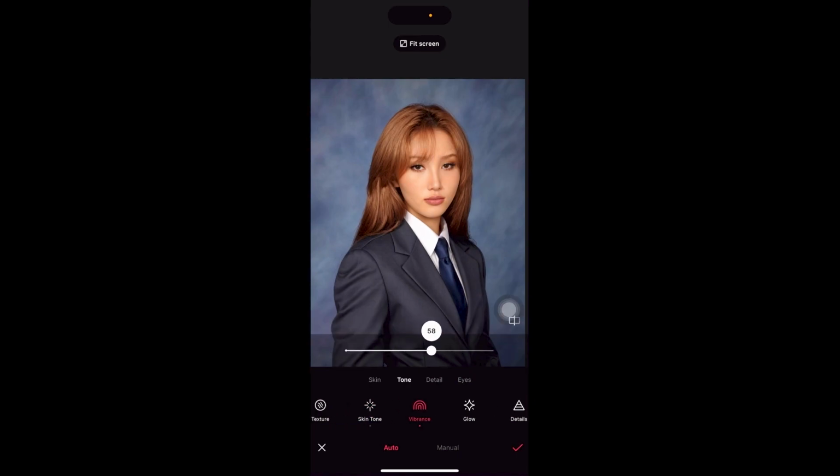So there's vibrance, there's matte, there's texture, there's glow. And if you want to remove some potential eye bags, you can remove that as well. And that is pretty much it. This is what you can use to play around with some face cleaning. So again, there is no one perfect solution, so just go right on ahead and play around with one that suits